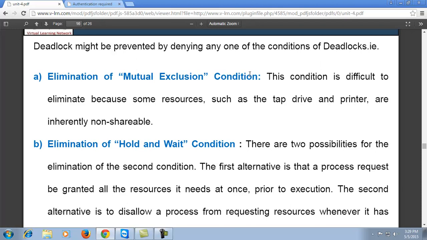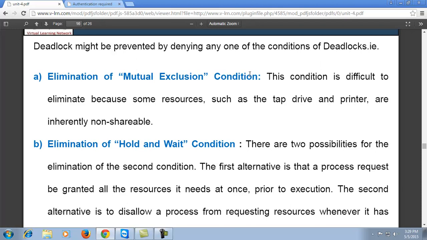The next condition is elimination of the hold and wait condition. Do not allow the processes to hold any resource and request or wait for another resource. Allow only a process that is going to release an existing resource before requesting another resource. So